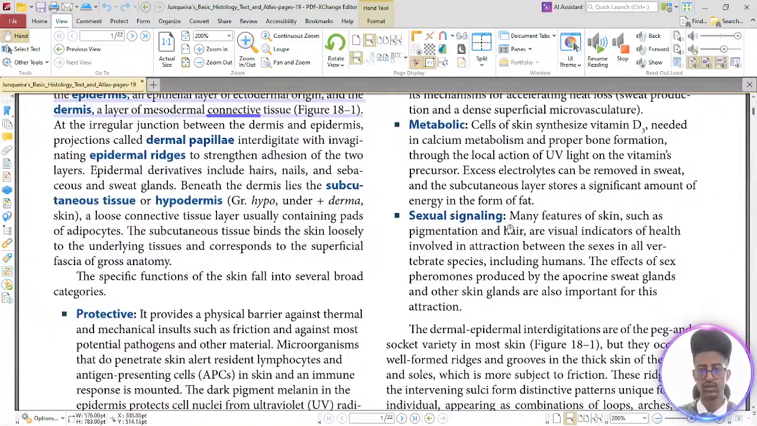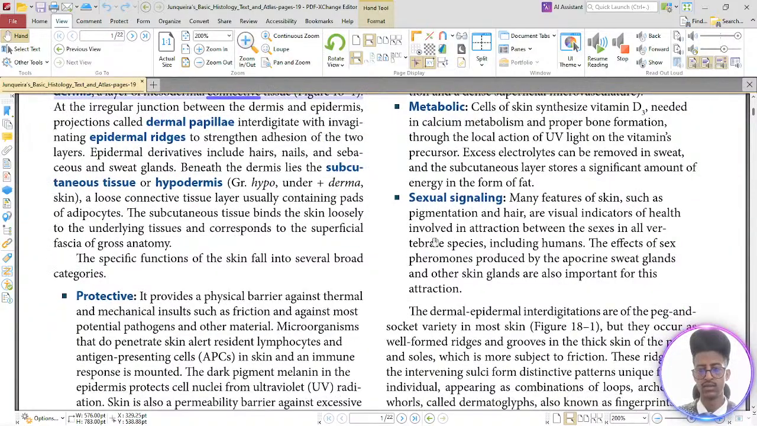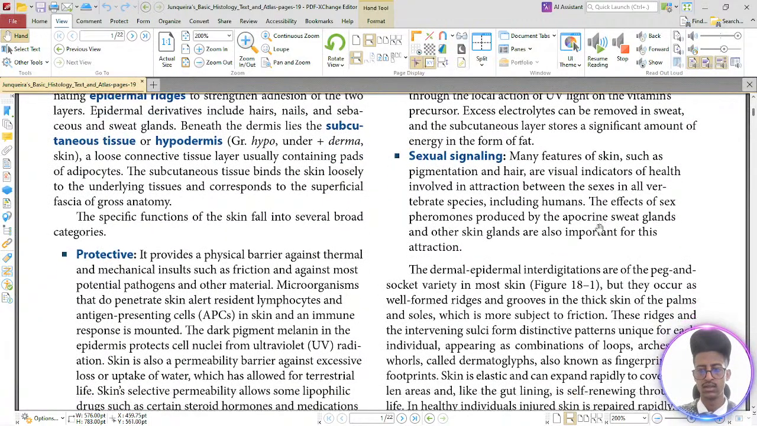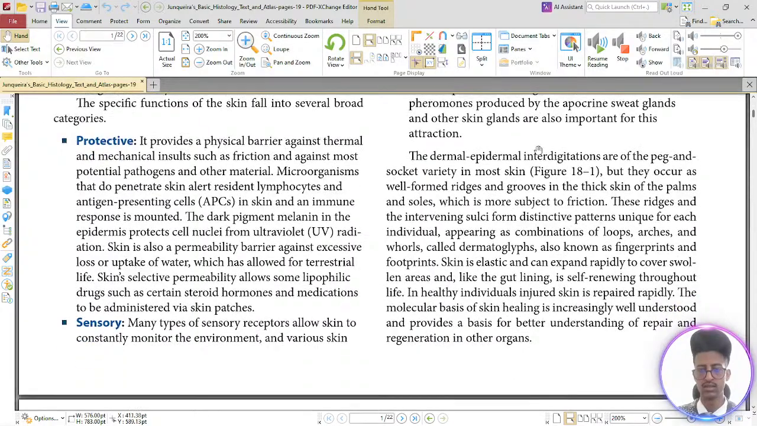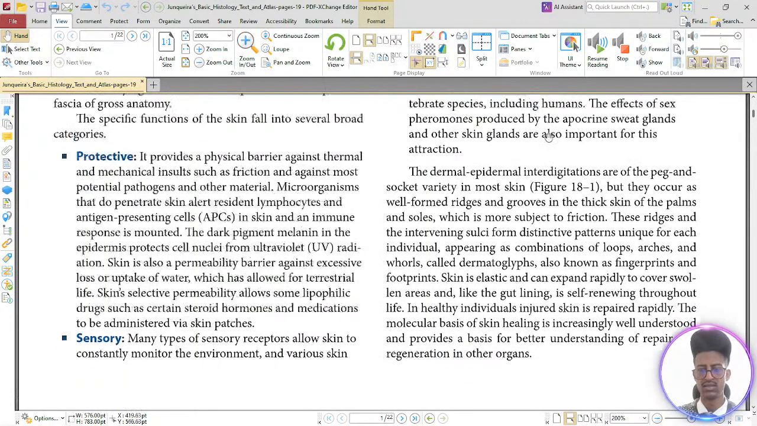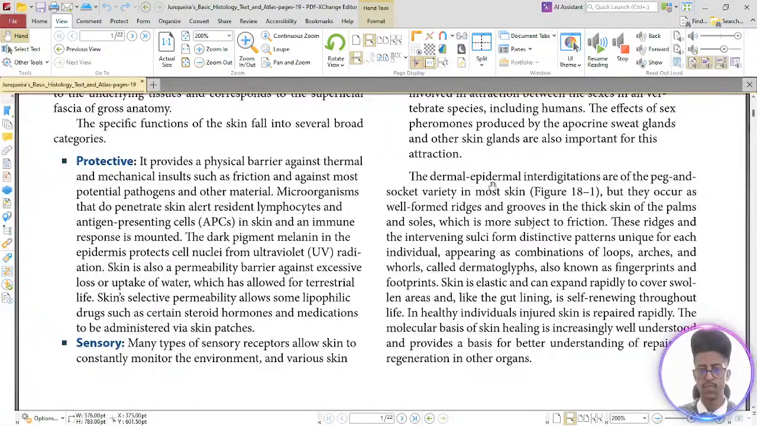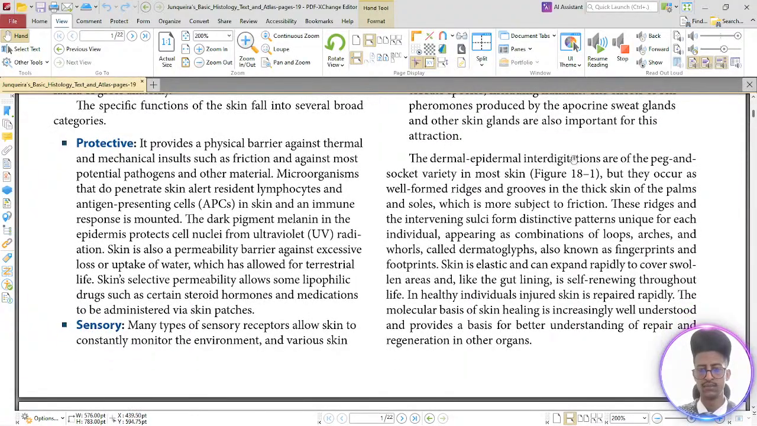Sexual signaling: many features such as hair are usually indicated of what is involved in attraction between the sexes in all vertebrate species. The effects of sex pheromones produced by apocrine sweat glands and other skin glands are also important for this attraction. The dermal-epidermal interdigitations are the